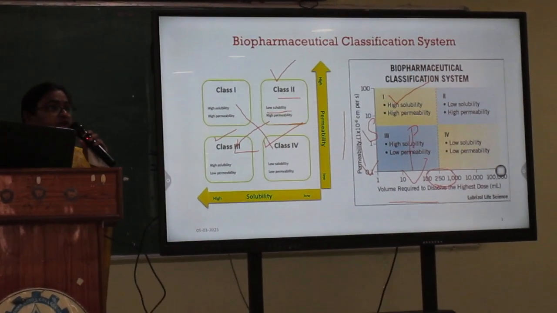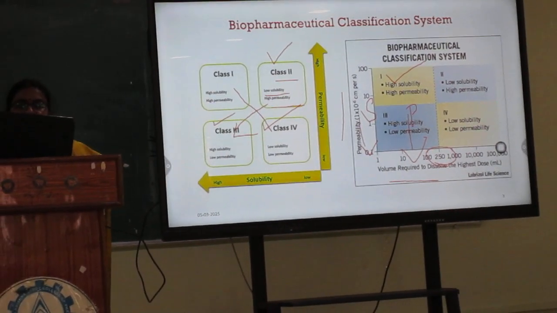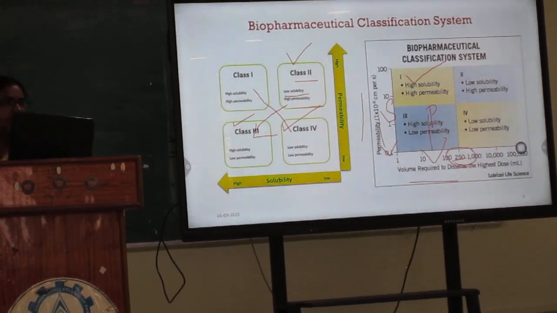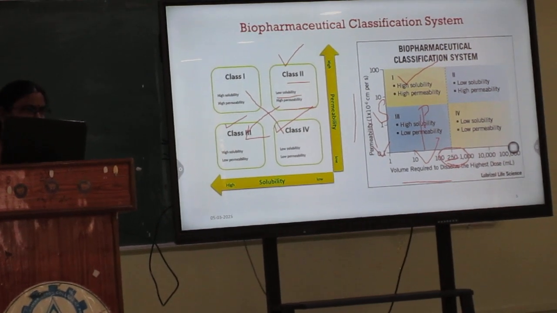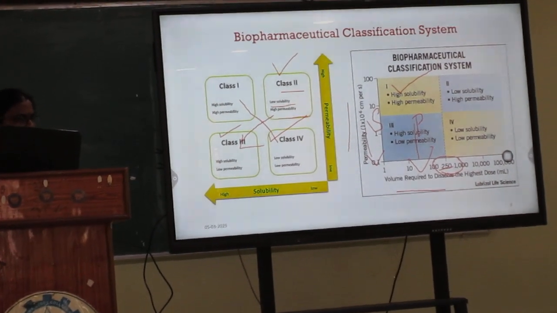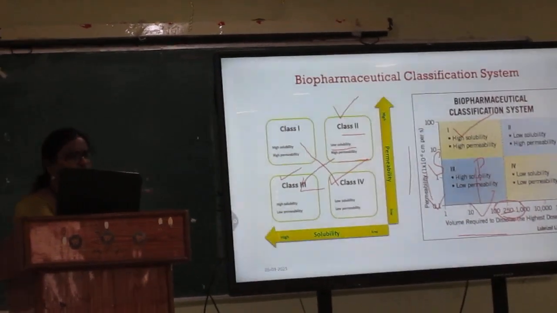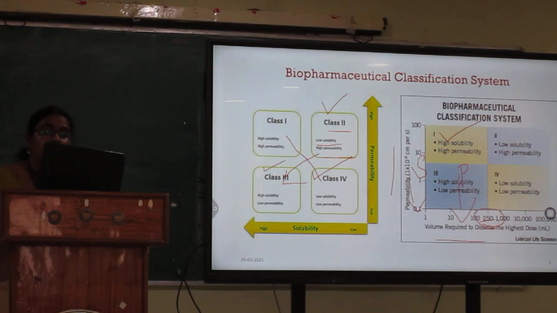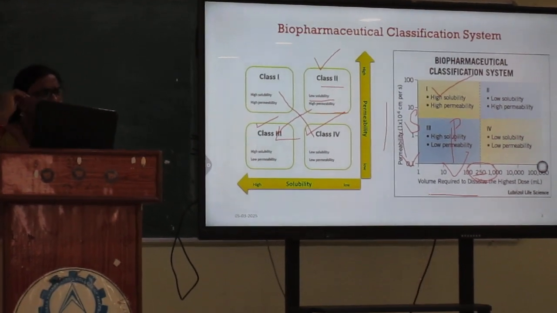If the 650 mg of paracetamol dissolves in 250 ml of dissolution media, it may be distilled water, it may be hydrochloric acid at pH 1.2, or phosphate buffer at pH 7.4. Any of these three. If 650 mg dissolves in 250 ml of the media, then you are called freely